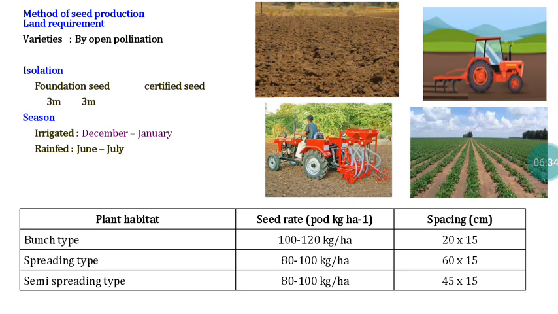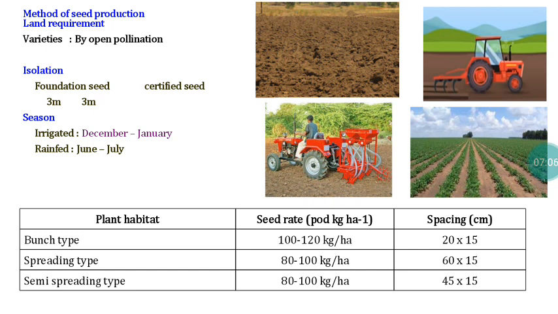Then regarding the method of seed production, here varieties alone are available. We don't have any hybrids in the case of groundnut. So for varietal seed production, we are following the controlled open pollination process. The crop is strictly self-pollinated. Because of that, maintenance of 3-meter isolation is sufficient to maintain the genetic purity and physical purity of your seed material. So both at FS and CS, we are recommending that 3-meter isolation distance.